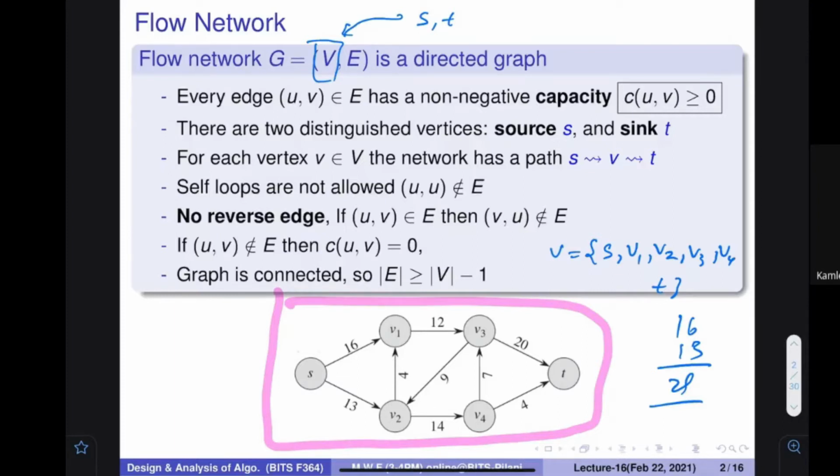You want to send items from S to T, but since the individual edges have different capacities, you cannot send more than that. Ultimately, how much you can send from source to destination is your problem. Because you always want to maximize this quantity, you want to send as much as possible. Simple thing. So the problem is clear.